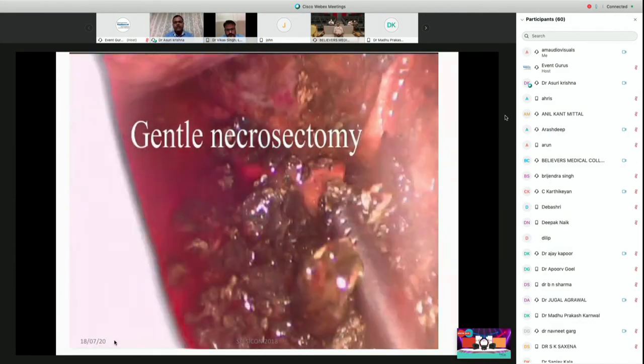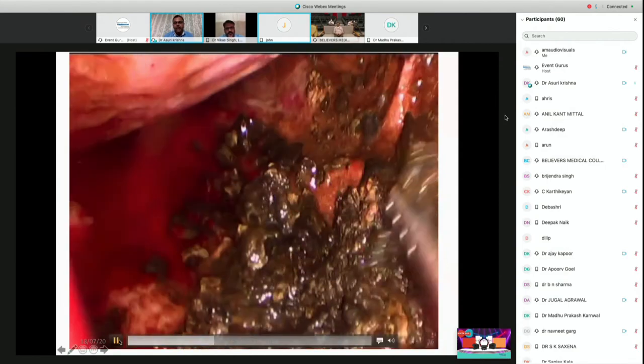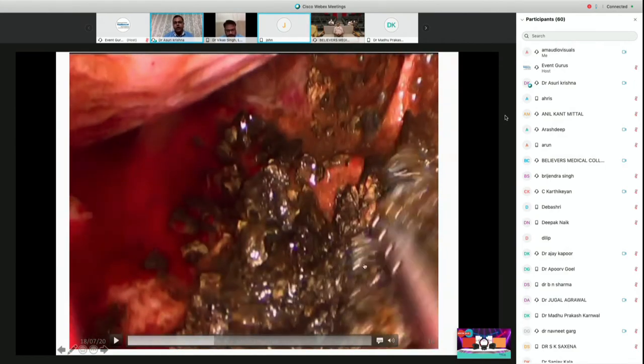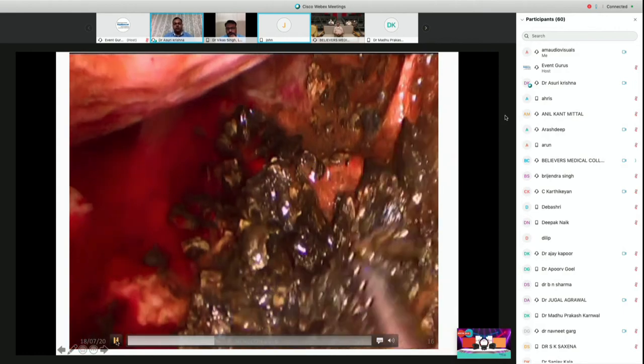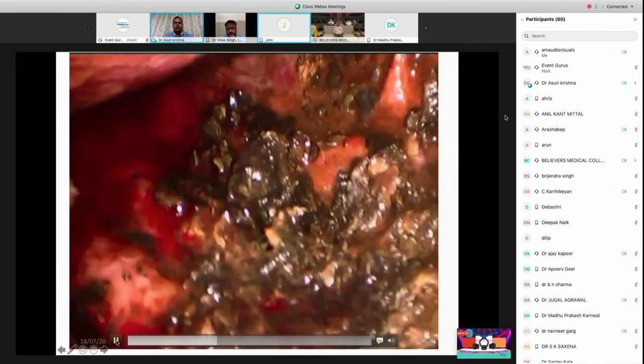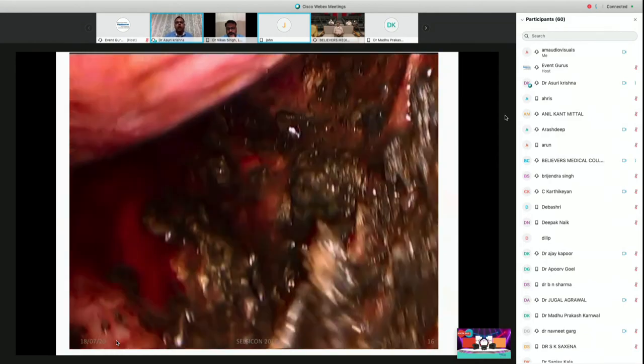You can go inside the cyst cavity. You can see all the necrotic debris, and you can do a thorough lavage and gentle necrosectomy. It's very essential that you don't try to pull these necrotic materials. Try to give a thorough lavage and gently tease them off with the instrument, because if you try to do it a little harder, it might actually result in bleeding. And also the splenic vein, the splenic artery, and all the important vascular structures are in very close proximity to these structures. So you have to do a very gentle necrosectomy, thorough lavage, to ensure that all this necrotic material can be taken off.